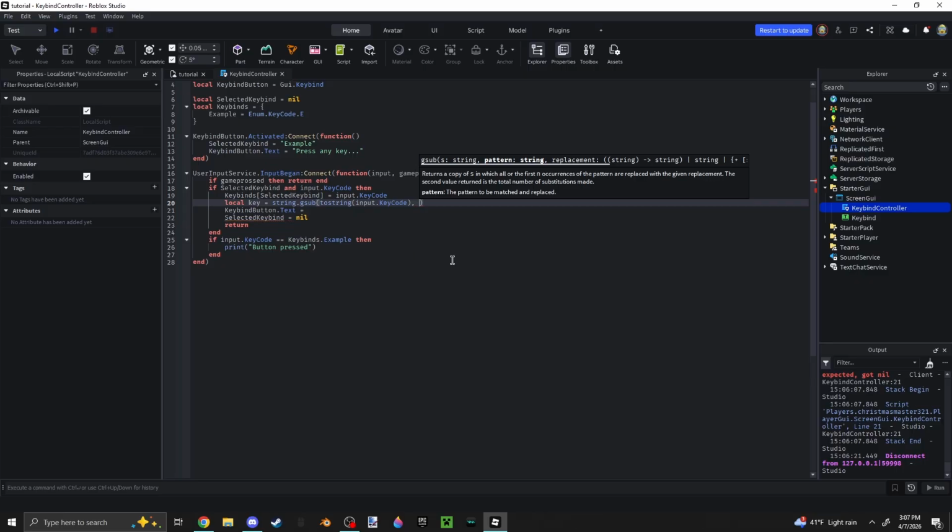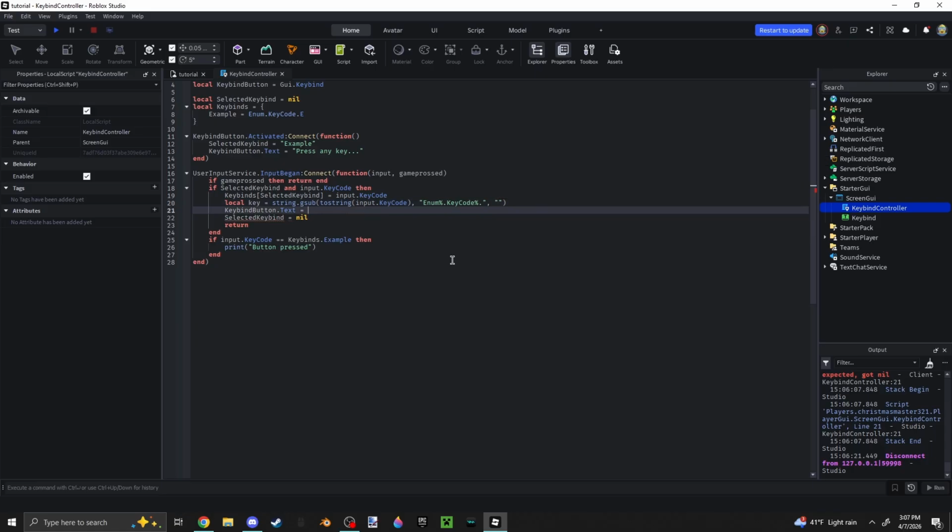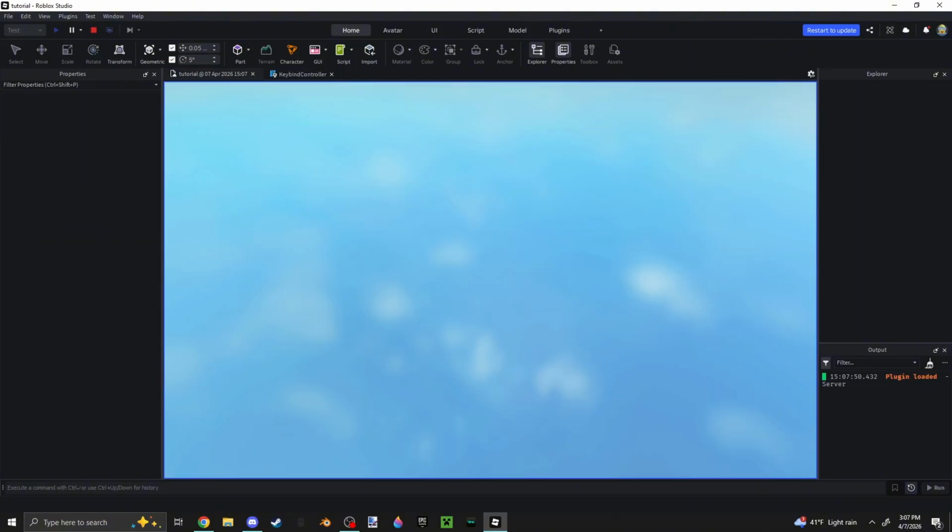Then comma, we'll say Enum, and then %.KeyCode, or actually no, my bad, KeyCode, it's a capital C, and then %, and then a period. We can say comma, and then an empty string, and then we can set this equal to the key. And I think this should make it so